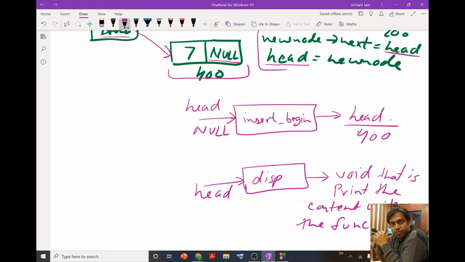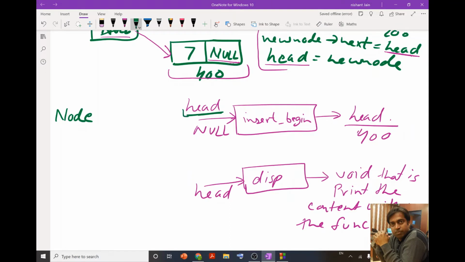Okay, so the function declaration for this insert begin will be something like this: suppose we name our structure as node, then since this head is going to have the address of some structure variable, of this node variable,